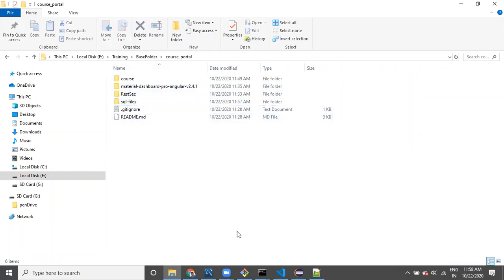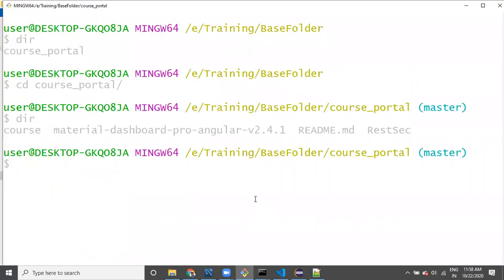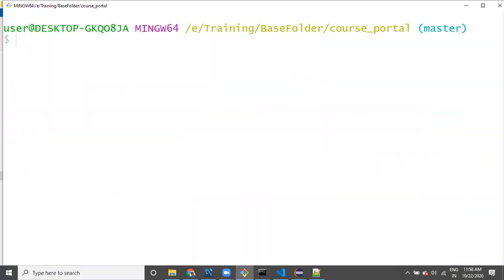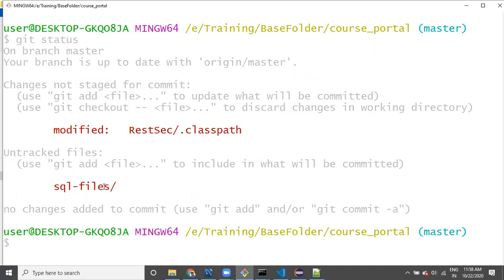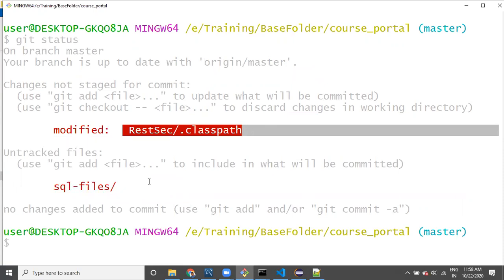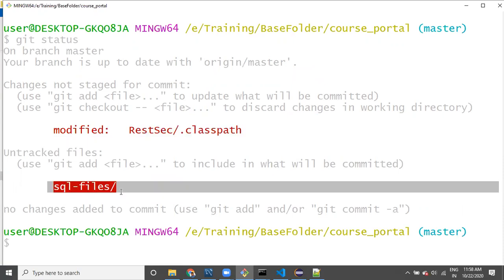Once we have changed it, we can go to git bash, clear, and then run git status. Whenever you see this, you can see a folder modified. Of course, this class path is modified, let it be, no problem. You can see the SQL file.